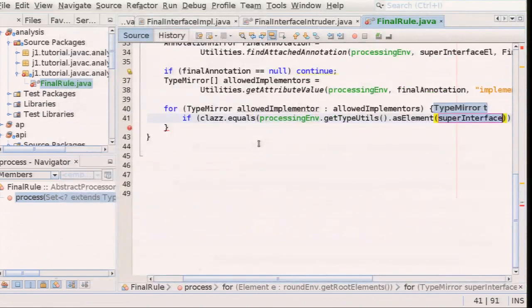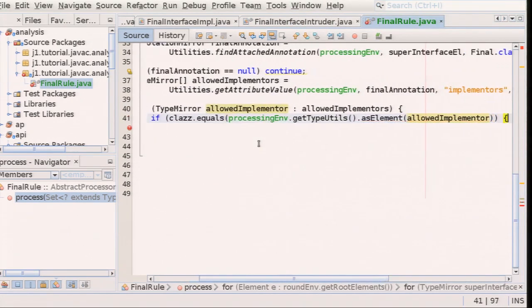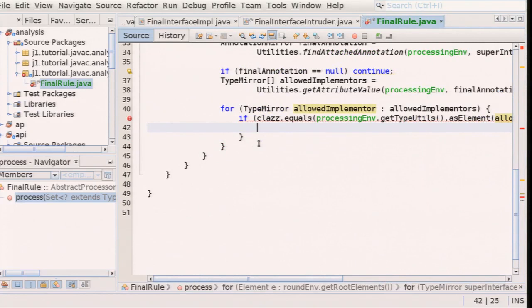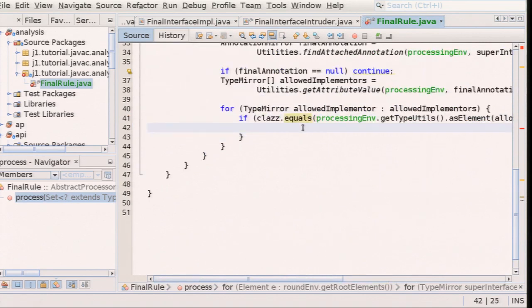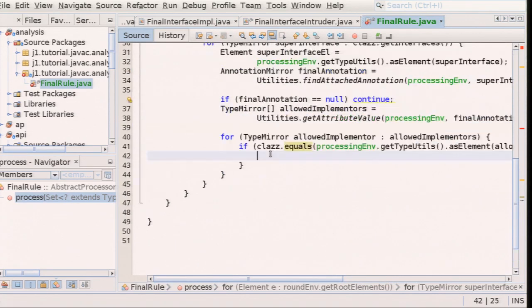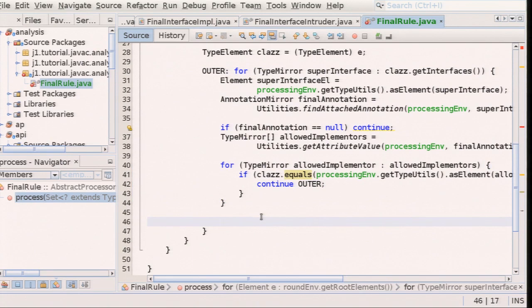So we will again use this sElement method that converts type mirrors to elements, like this. If it is, then the current class is an allowed implementer of this interface, and everything is cool. So we will just continue checking with other super interfaces. But if we are not an allowed implementer, which is basically if we get to this point,